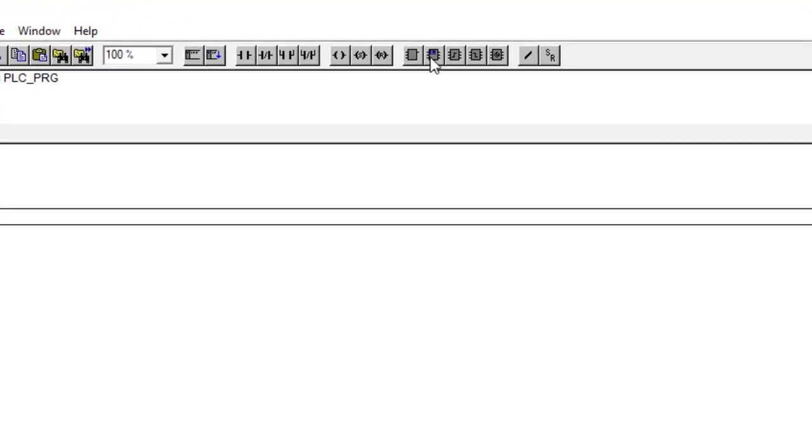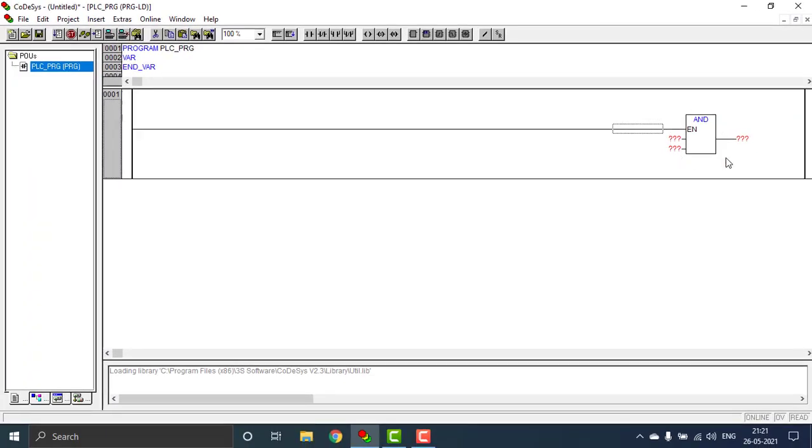Now I have to put a box with enable, and here you can see the function block, and this is the FBD operator, and I have to rename it as ROL. This is the rotate left function block. So what do I want to rotate? This will be the value to rotate, that will be 1.